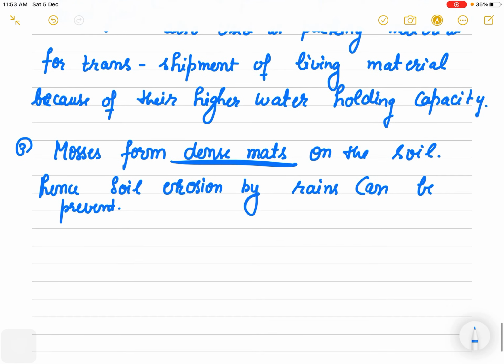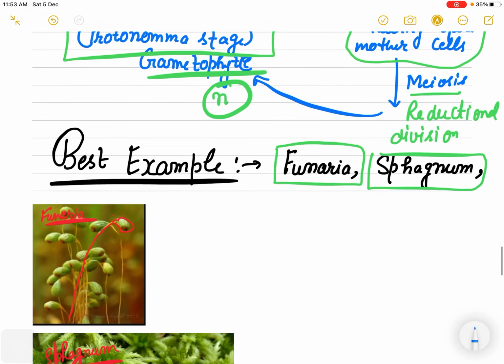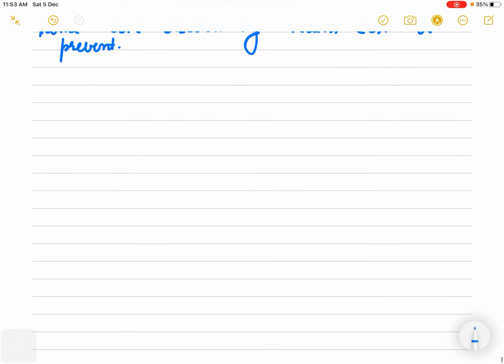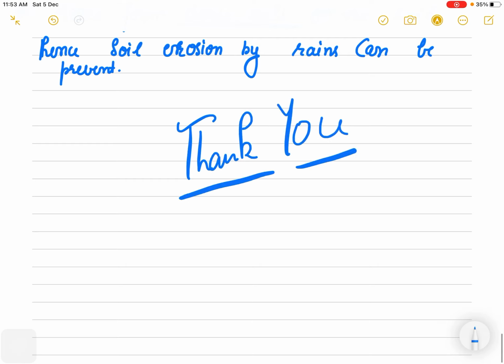So these are some important points of bryophytes. Here we are finished with the bryophytes. Go through these two lectures, lecture number 5 and this lecture number 6. You will be able to clear your idea about the bryophytes and will be able to solve